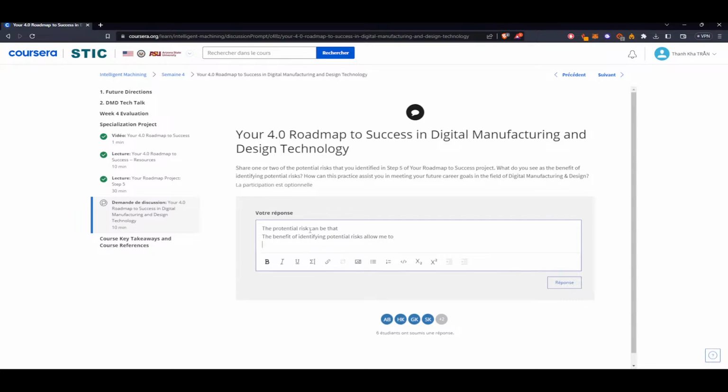How can this assist you in a successful roadmap?